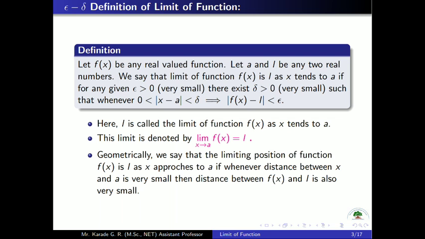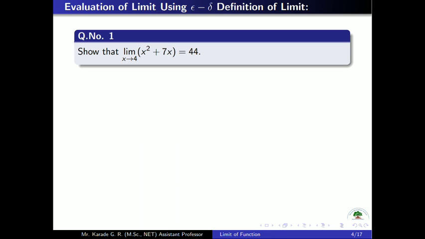Geometrically, we say that the limiting position of function f of x is L as x approaches a if whenever the distance between x and a is very small, the distance between f of x and L is also very small. So now let us see the